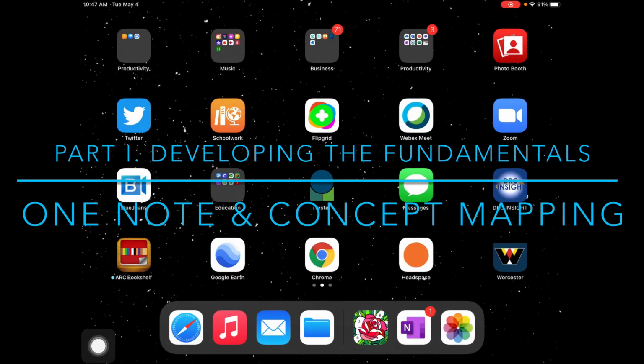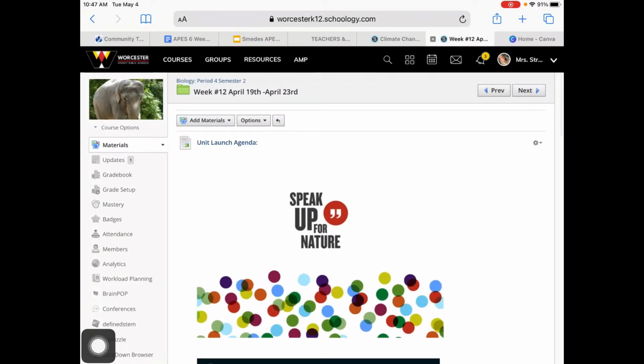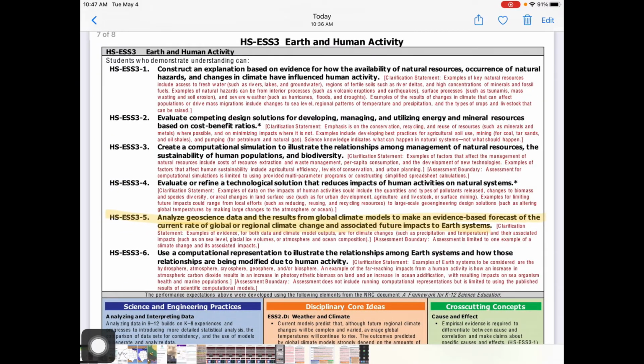Hello, my goal today is to show you how to integrate different applications on the iPad to create project-based assessments for your students. When planning science lessons, I go ahead and start with the standards, and I highlighted the main